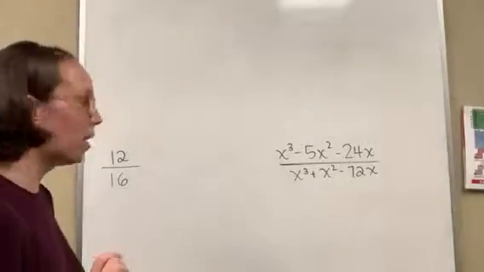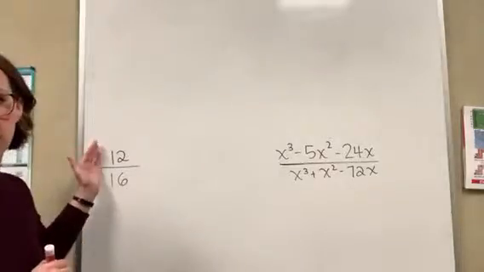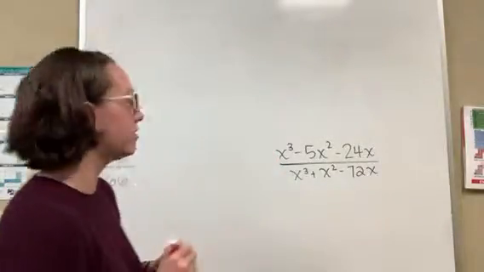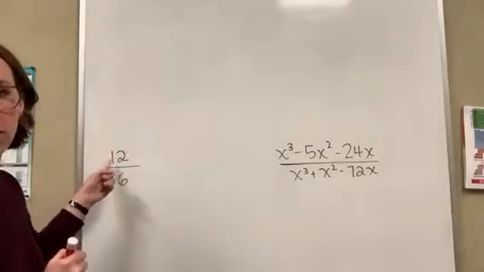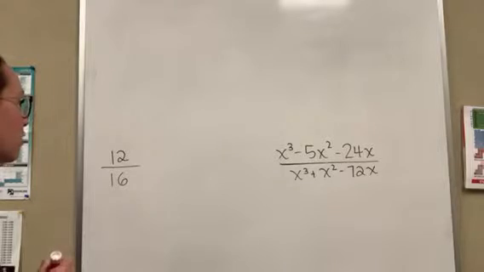Hi, so we're going to talk about how to simplify rational expressions. So we're going to start off with just understanding how it works with numbers so that we can eventually do it with variables. So when I think about 12/16, I notice they're both even, and I notice that they're both